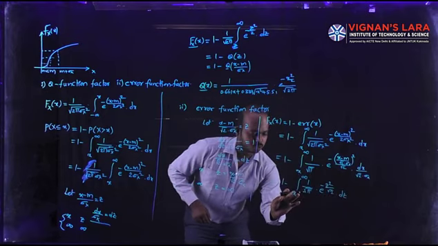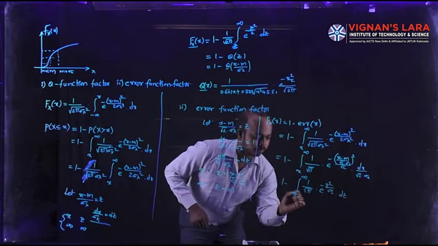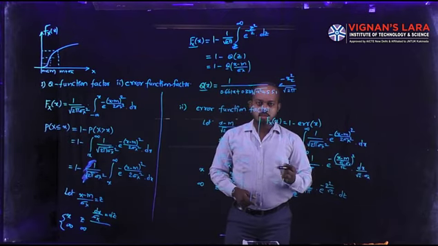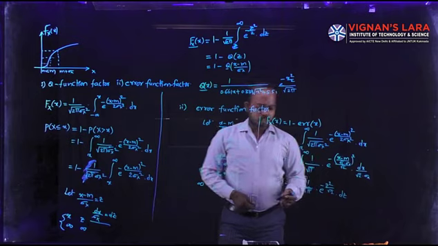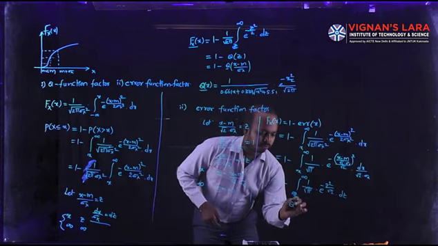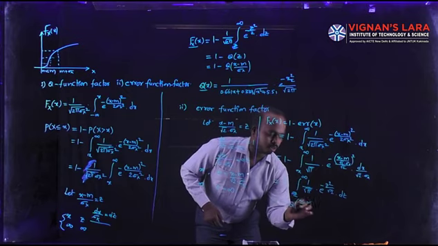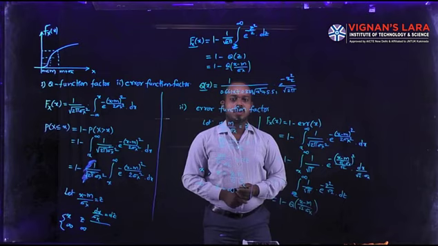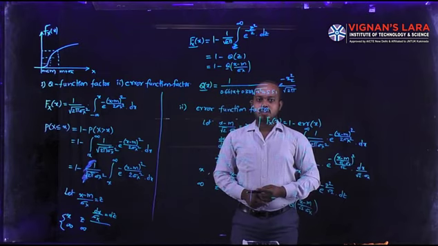Here we are also changing the limit to z. This can be represented as the error function for a Gaussian distribution. Here the error function, in shortest form, is 1 minus the Q of x minus m divided by root 2 sigma x. The remaining thing we will discuss in the next class.